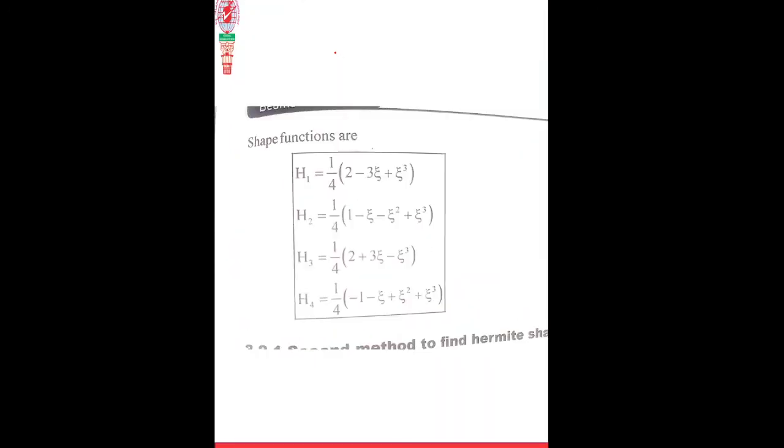Hermite shape functions with respect to the natural coordinate system, you write. Hermite shape functions with respect to natural coordinate system is